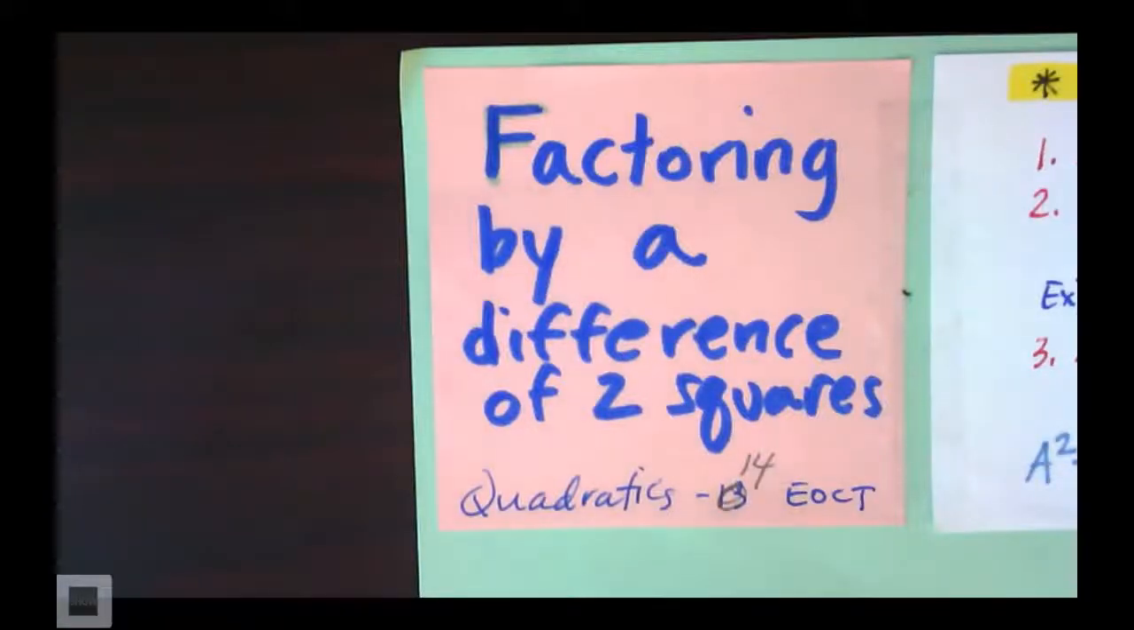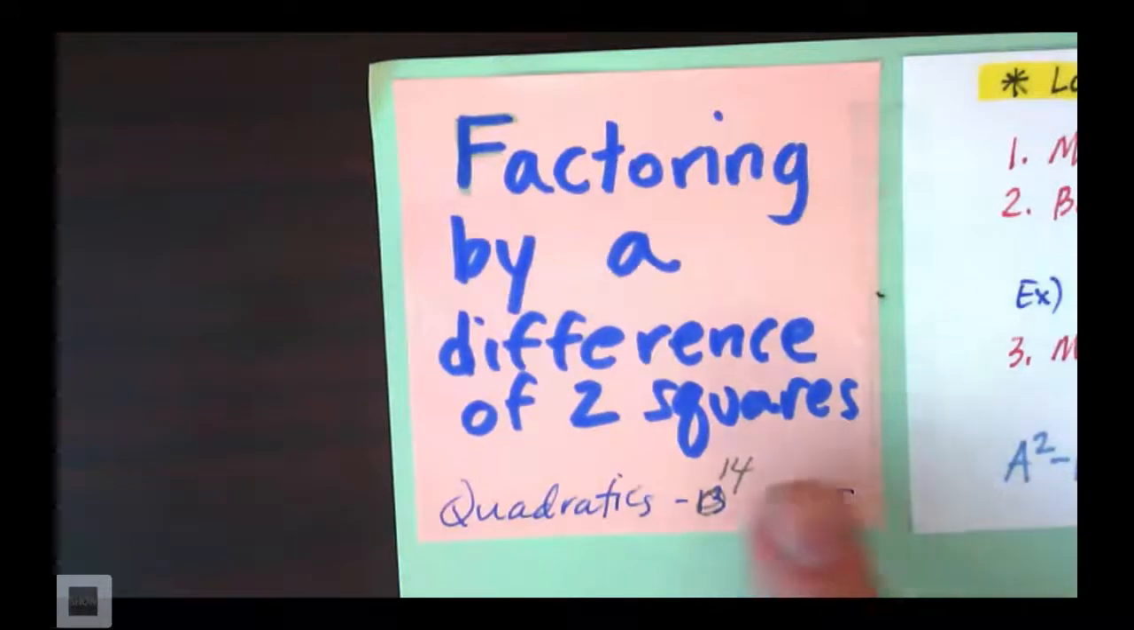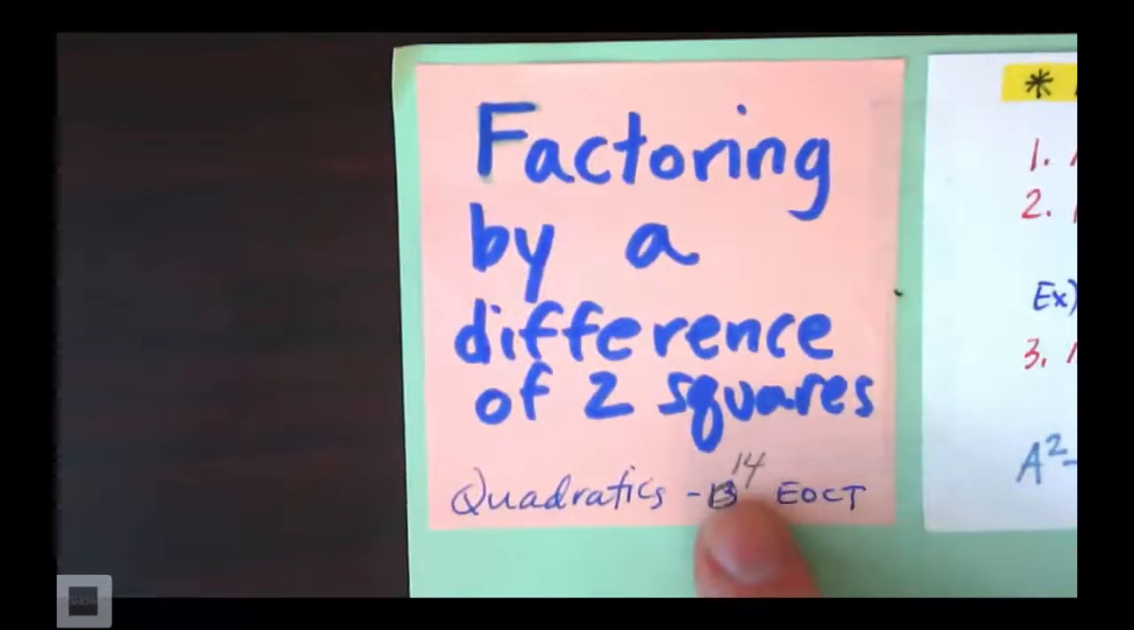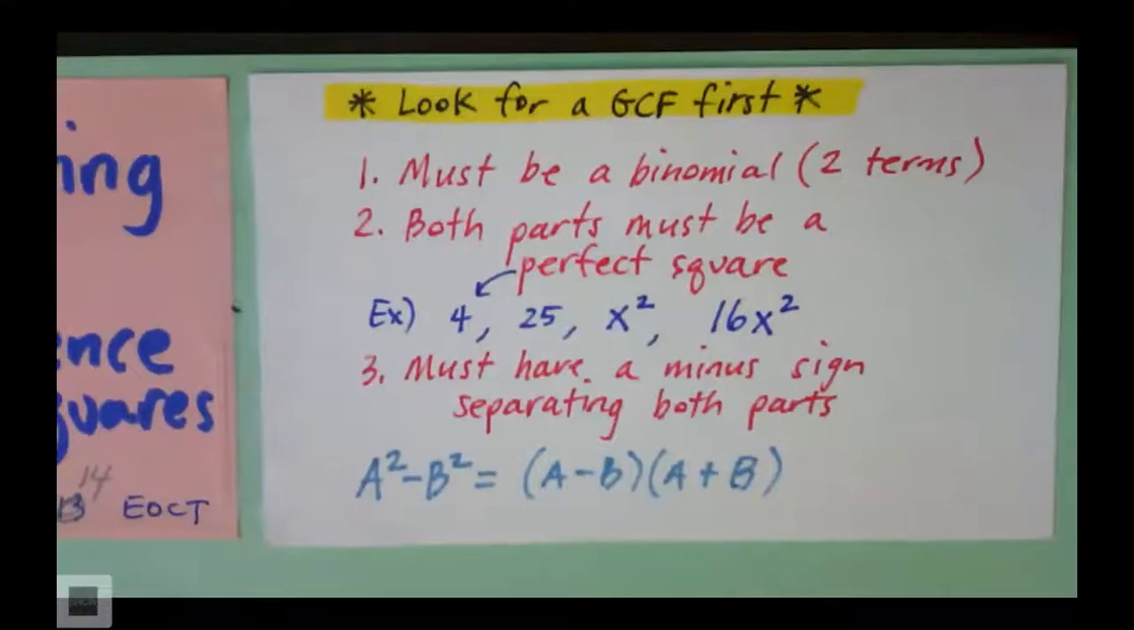Okay guys, so in this video I'm going to show you factoring by a difference of two squares. Again, quadratics. I'm pretty sure this is 14. Somehow I'm off my numbering, but I think it's 14. So here's the front of the note card. Here is the back of the note card. Go ahead and copy this down, and then I'm going to show you a couple of examples of how to do